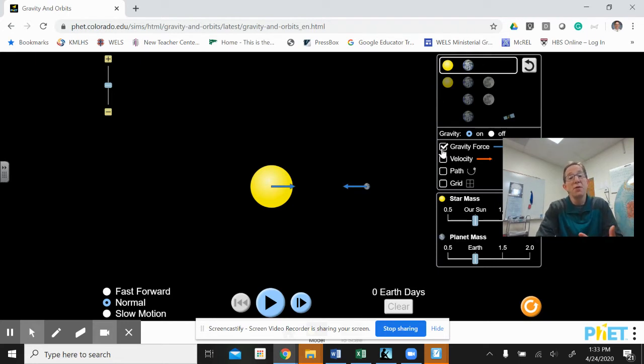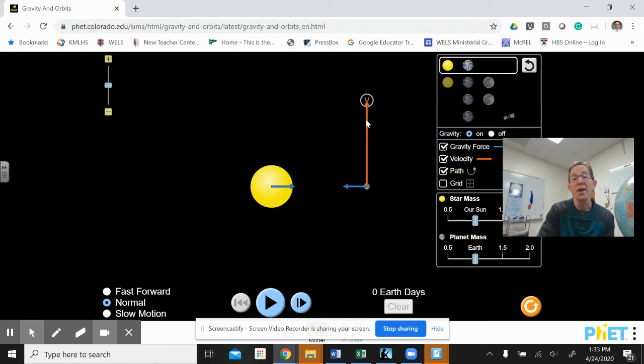And that gravitational force is going to be the unbalanced force that causes the Earth to accelerate. Acceleration, remember, is any change in velocity. Usually we think of that as something speeding up or slowing down, but it could also be a change of direction. And so in this case, the gravitational force on the Earth by the sun is going to cause the Earth to change directions. Instead of going straight,